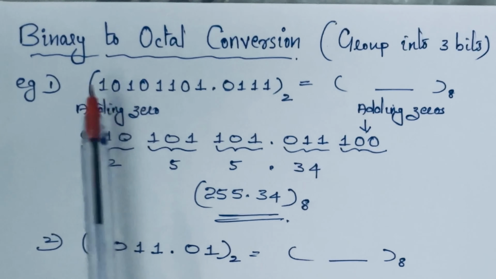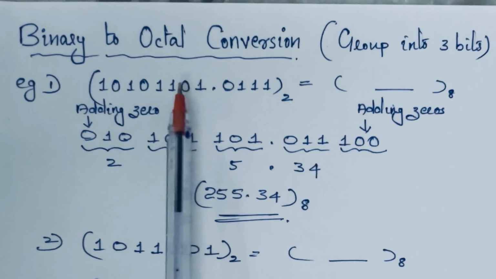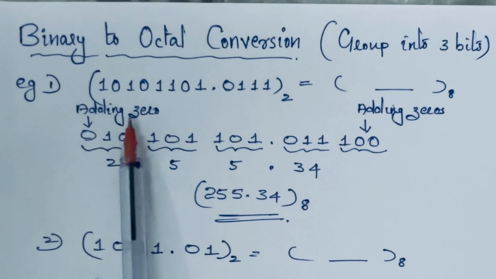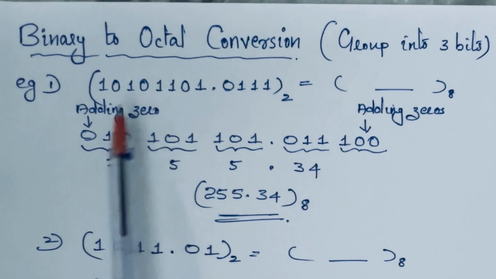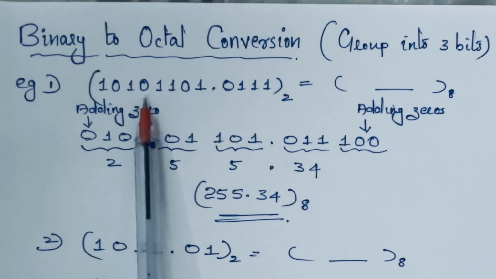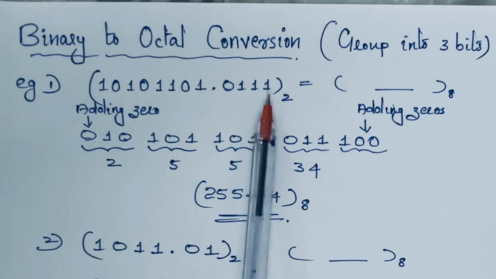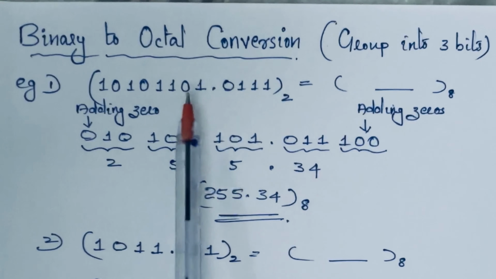So the next conversion is binary to octal conversion. By grouping 3 bits of binary numbers and converting each group of bits into its octal equivalent, we can convert binary numbers into octal equivalent. So for example, 10101101.0111 base 2 binary number, if you want to convert into octal, so what we have to do is we